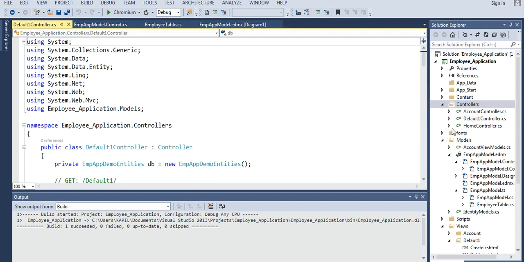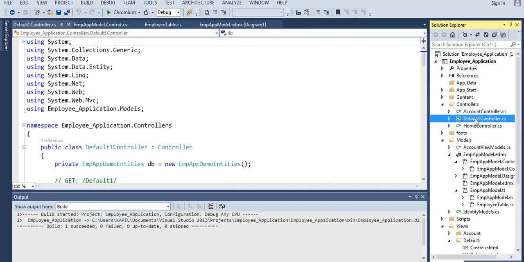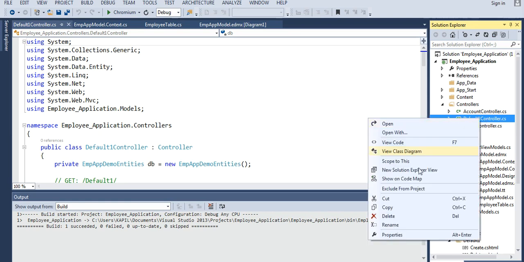As you can see here, our controller got created. We then change the name of our controller, so just rename it.